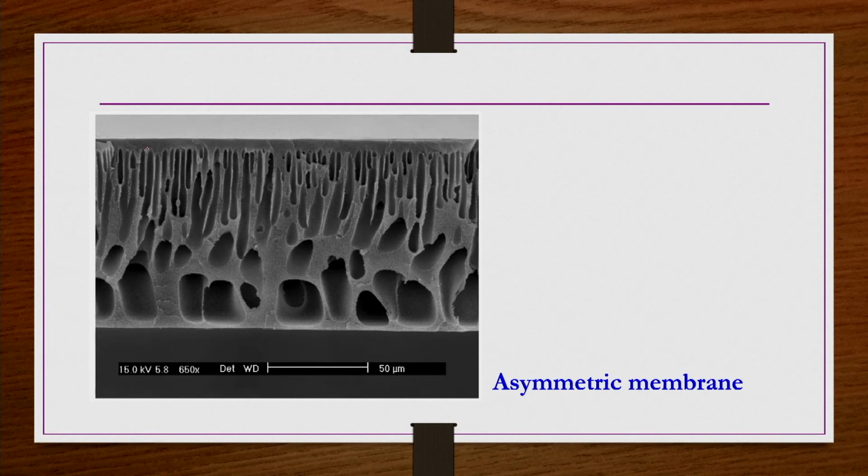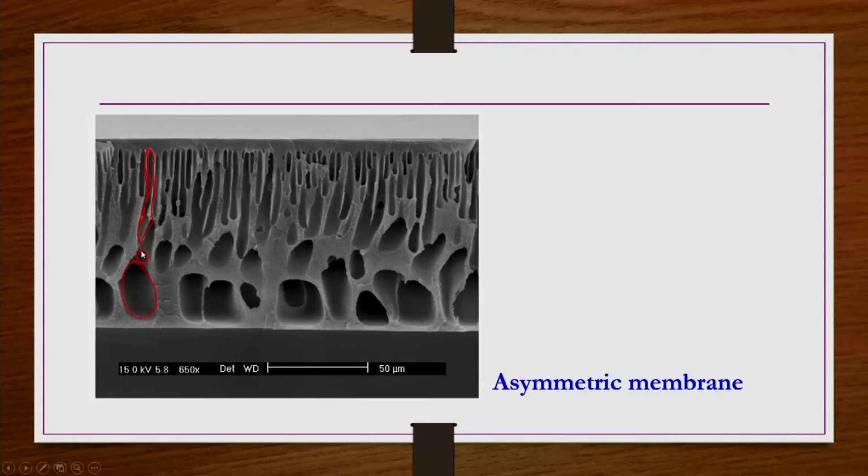This porous support is such that, though the porous structure is in the macroporous range, at the top of the support the pore opening is narrow, but as you go across the cross section of the support, the size of these pores gradually increases like this. And then on this support we have a casting of membrane layer which acts as a separating medium here.